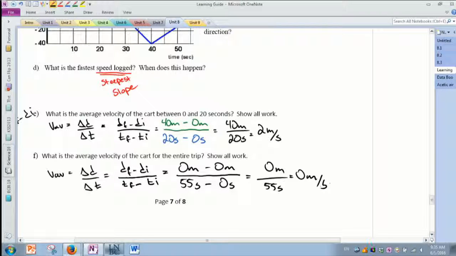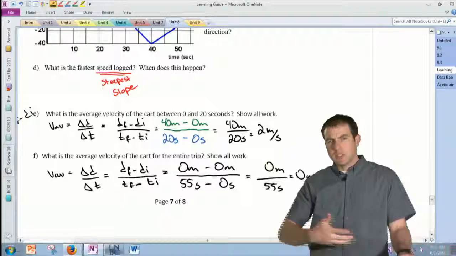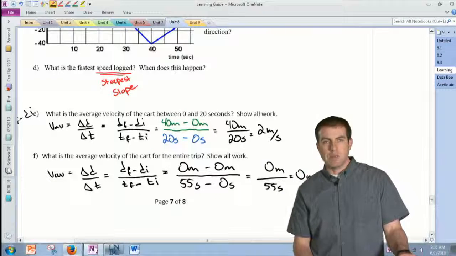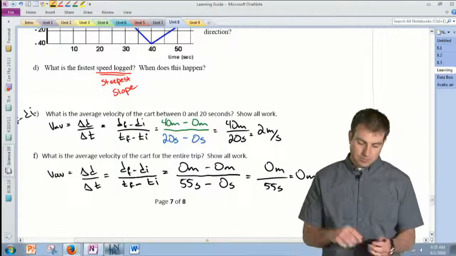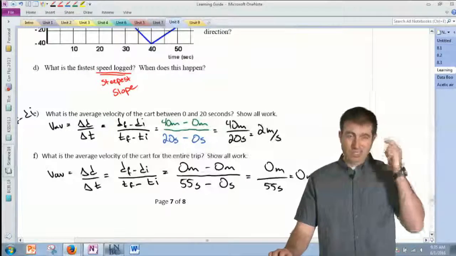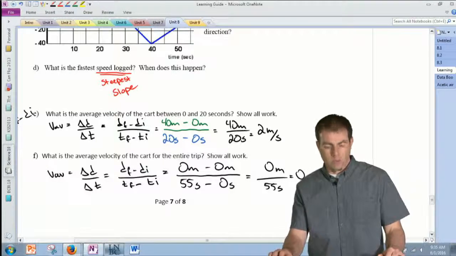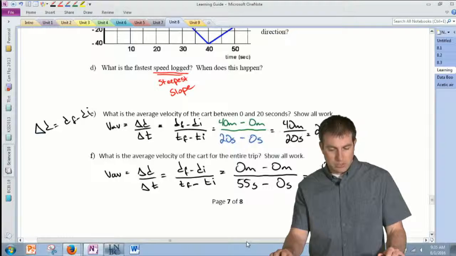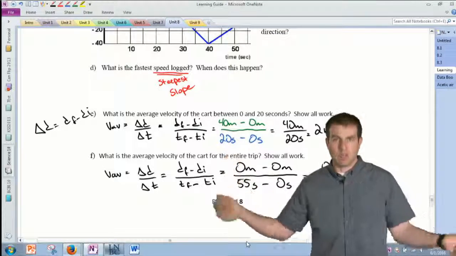How is that possible? How can we drive somewhere, taking a trip, and just end up with 0 velocity? Does that make any sense? How is it possible that we can end up with that? Because I get this 0 and I'm kind of scratching my head thinking, well, how did I end up with the 0? That doesn't really make sense. I drive somewhere, I'm moving, and how do I just have 0 velocity for the whole trip?